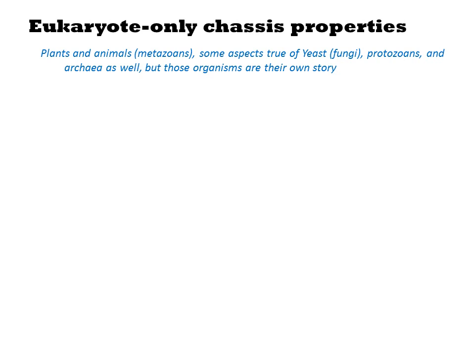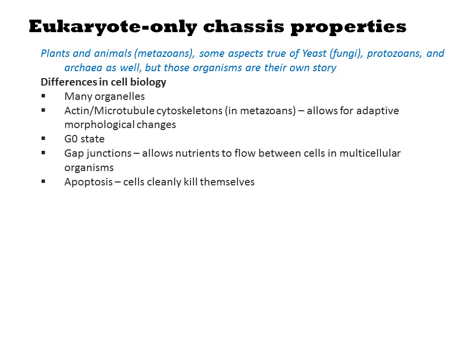Principally, I am speaking of plants and animals in these chapters, though organisms such as yeast, protozoa, and even archaebacteria have many of the characteristics of the multicellular organisms. They differ from prokaryotic biology both at the cell and molecular levels. We'll go through each of these features in some detail next, so I'll just list them here.